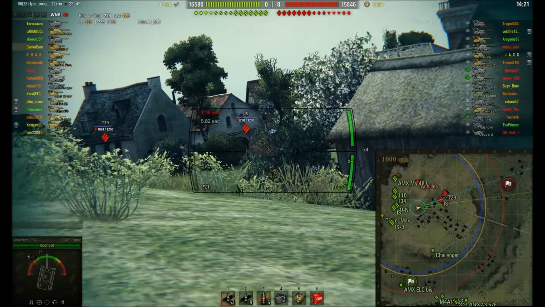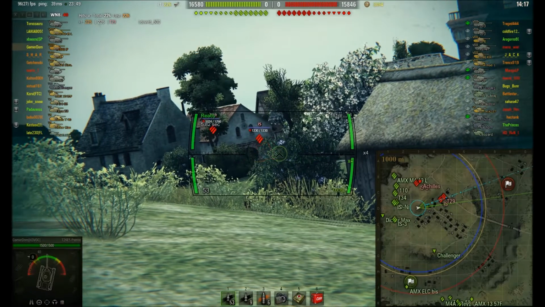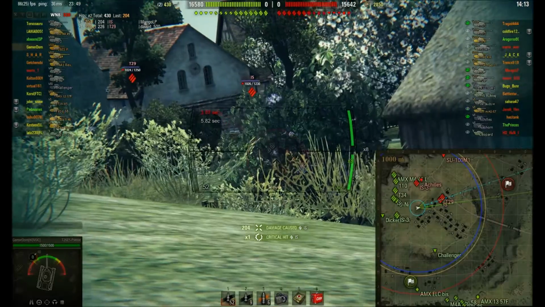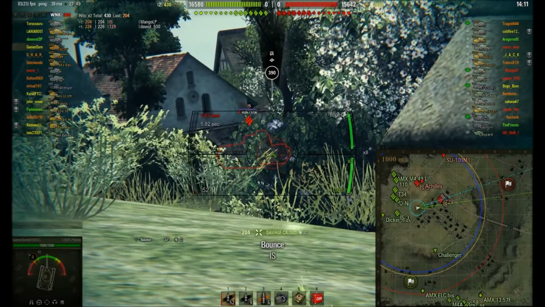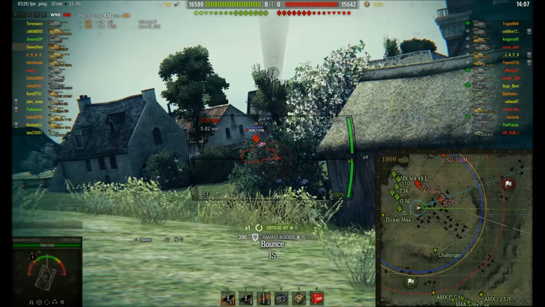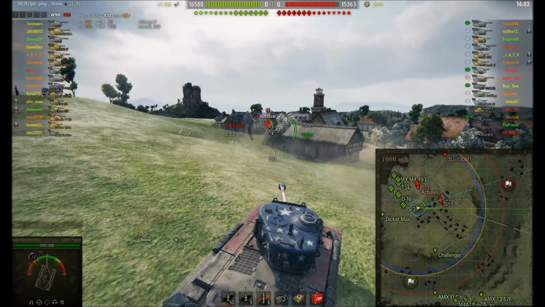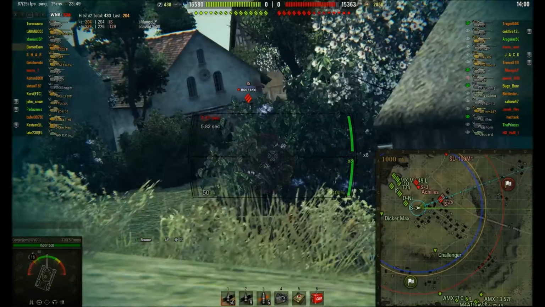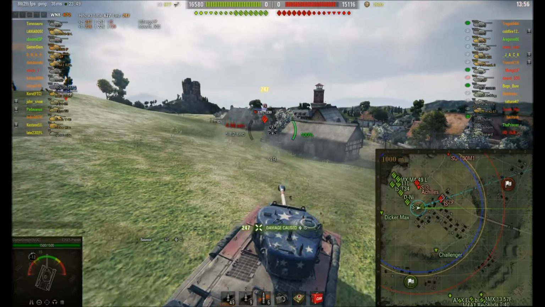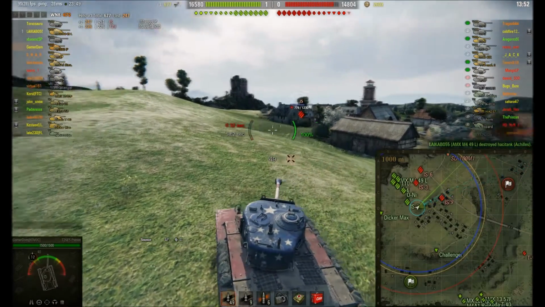One of the beauties of this tank is its reload. I've got a good crew on this tank, and we're going to pop out. That was a bit stupid. I've got a good crew, and even then I have just over, what is it, 5.82 reload time, so I can whip out shells like you wouldn't believe. They're also APCR, so they tend to fly very quickly and hit the target almost immediately, and this is a